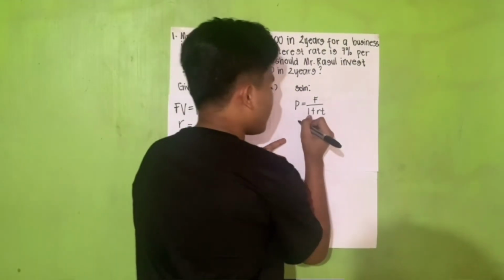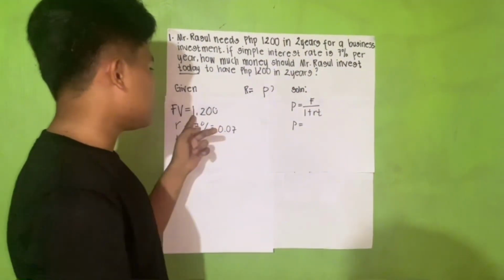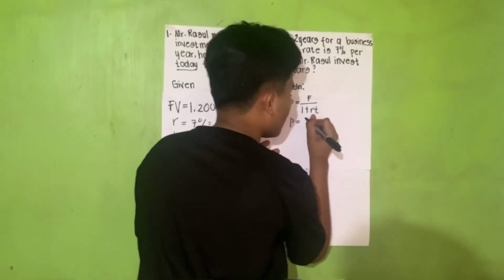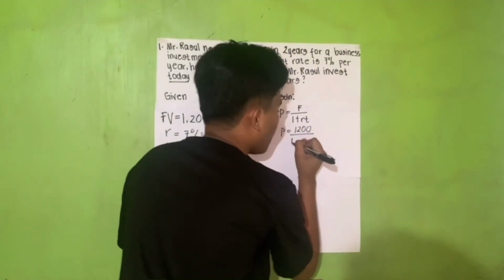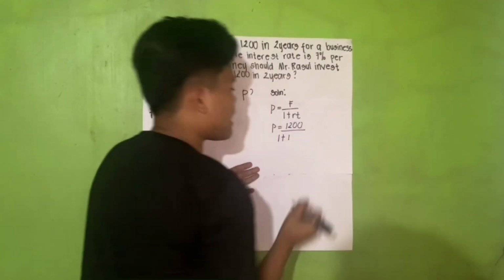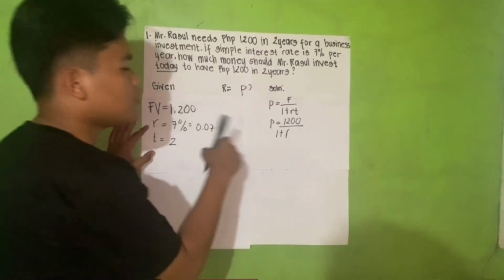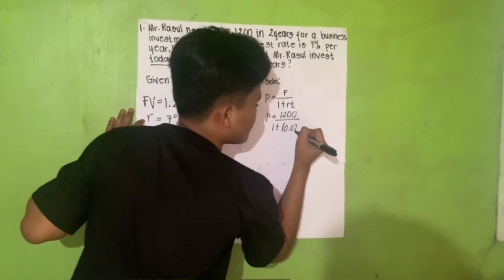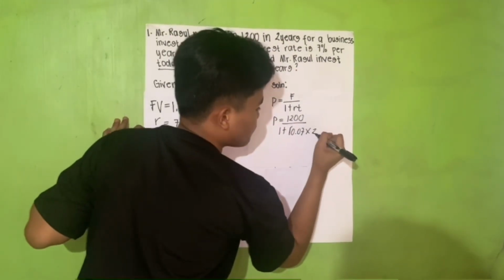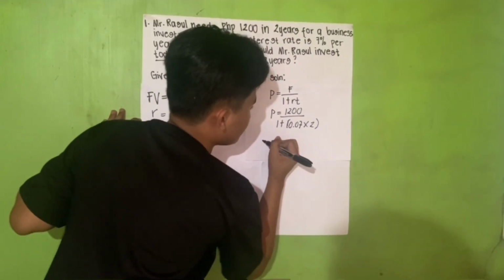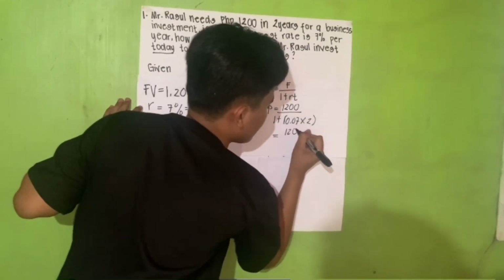So present value equals F, which is our future value, which is 1,200, over 1 plus our rate 0.07 times our time, which is 2, equals 1,200